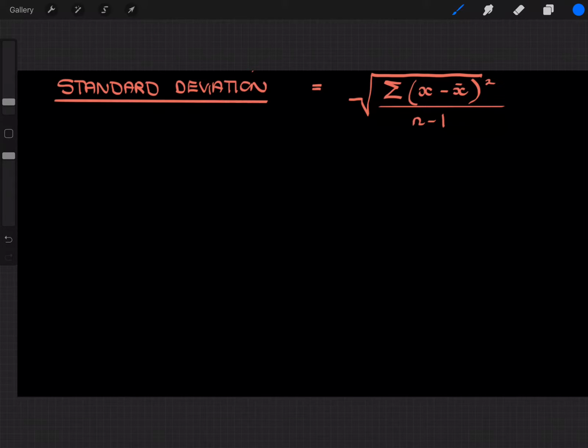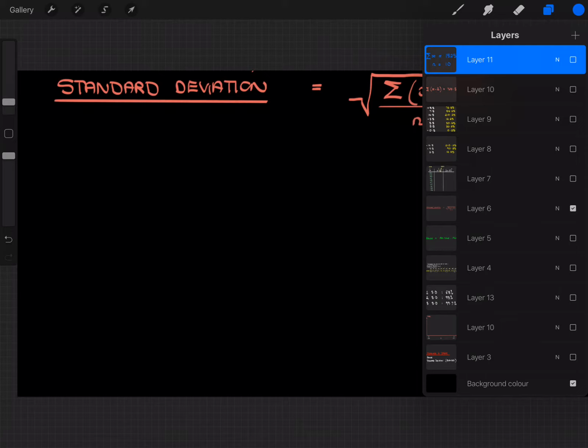Okay, in this final screencast, we're going to look at how to work out the standard deviation of the data. So the standard deviation formula is this scary looking thing here. It looks scary, but it's actually not. If we break it down, if we actually break it down,